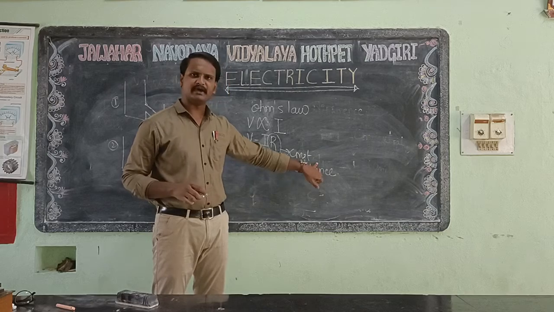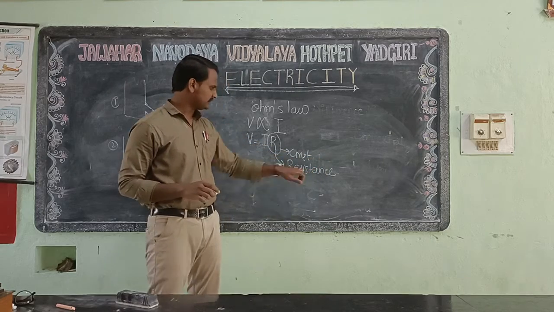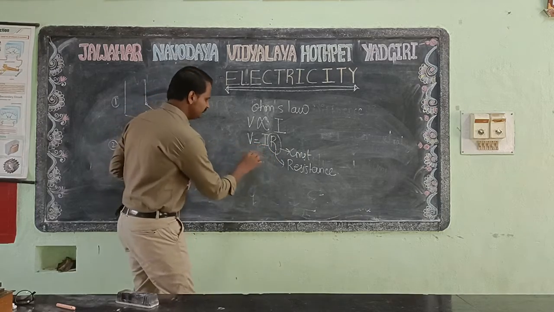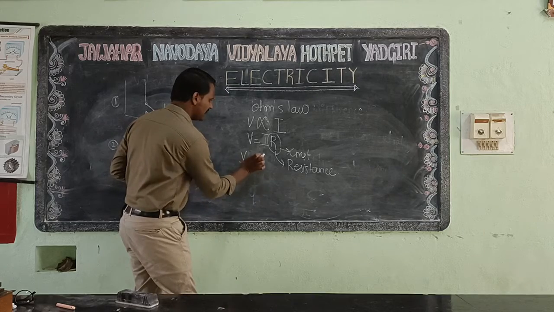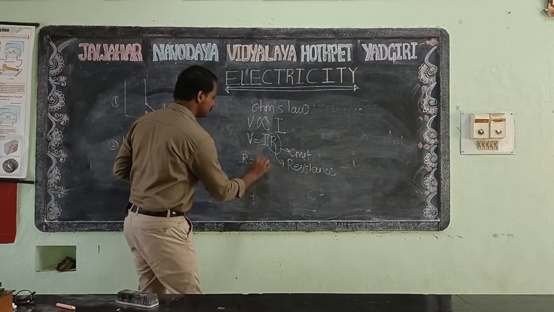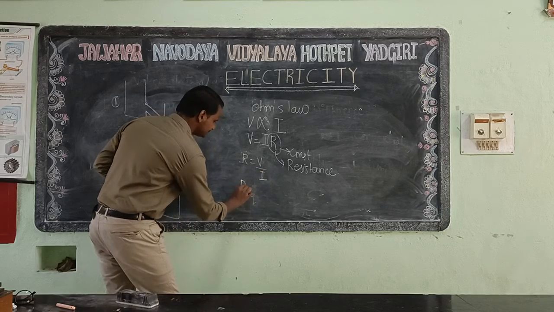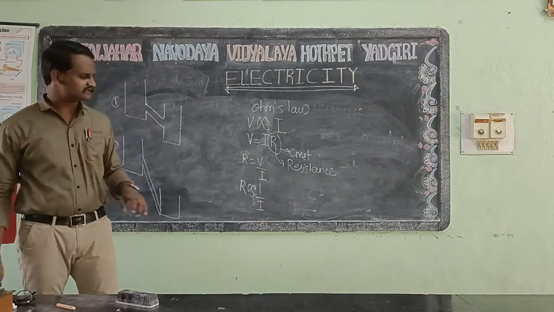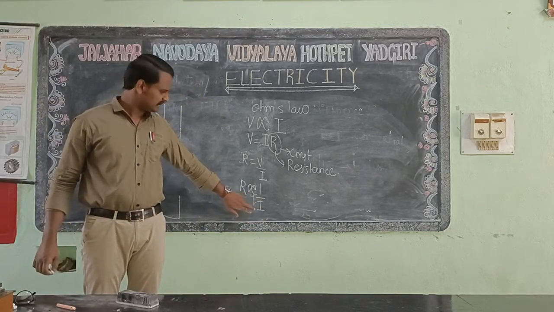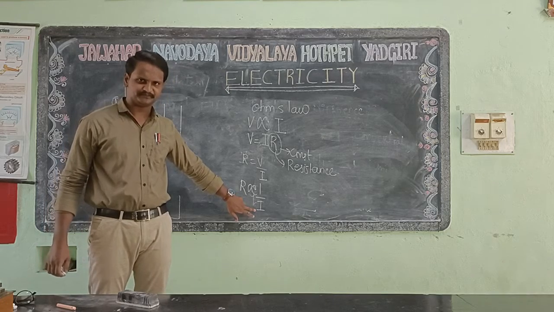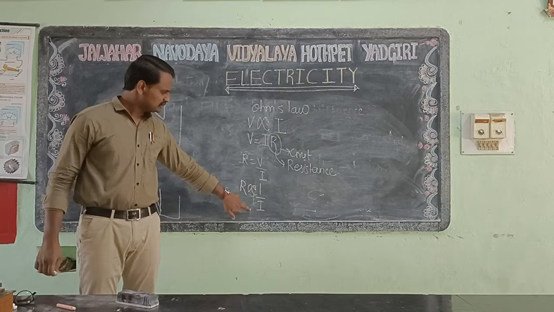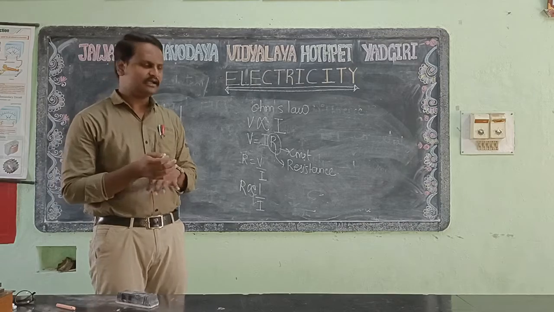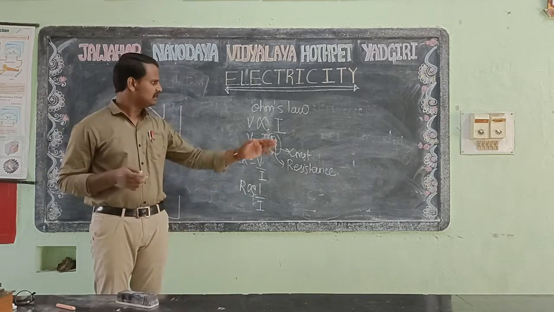Okay, it also has some separate properties. We will see about the resistance. Before that, we can also find how the resistance and current are related. You can see that V is equal to IR. So what is the value of resistance? R is equal to V by I. Means R is inversely proportional to the current. As resistance increases, the flow of current decreases. So resistance offers opposition to the flow of current from one point to another point.